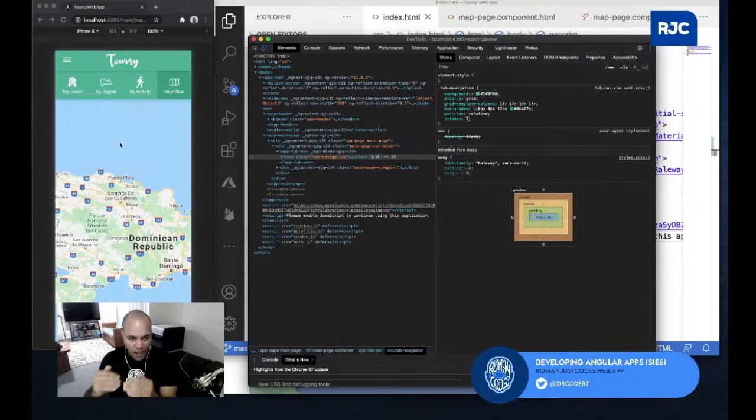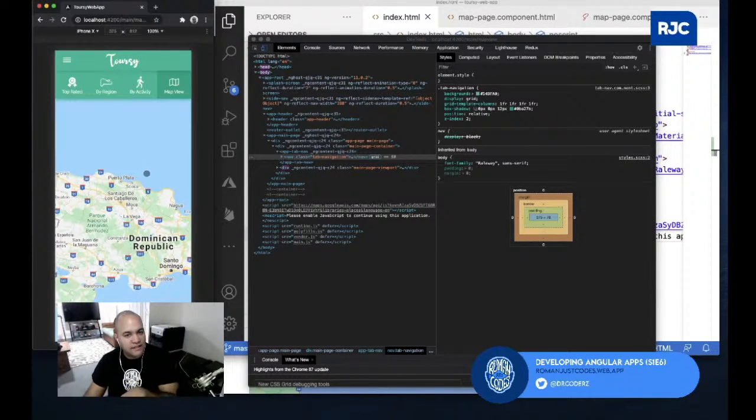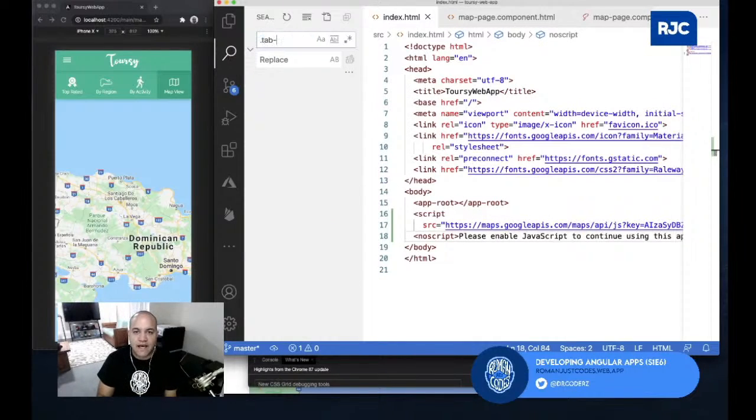Now it's a little bit below that page. That's exactly what I wanted. Now if I click on these, you see still everything is good, and then the map just shows the way we're. Let's make this quick little change in here, because I wanted to see that shadow over the map page. Again, just cosmetic, but you know how I am, so I'll do that tab navigation,